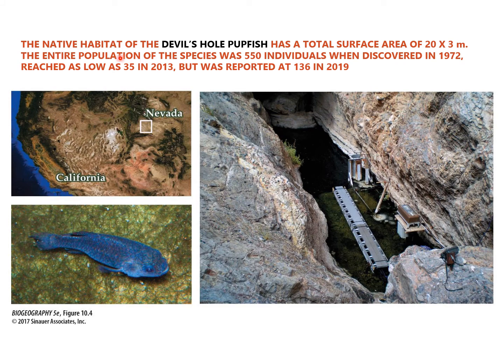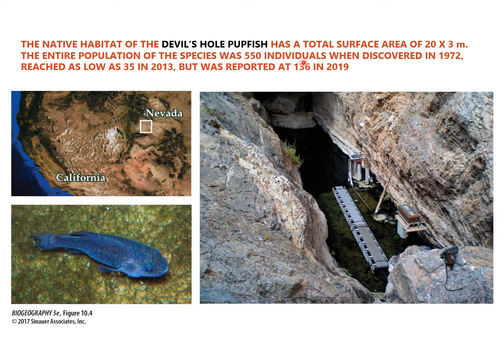Another interesting one: here's the native habitat of the devil's hole pupfish, which has a total surface area of 20 by 3 meters, basically. So what, 60 square meters of surface area. Basically this one spot right here, you can see the outline of that, is basically this one area. An entire population,